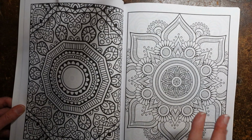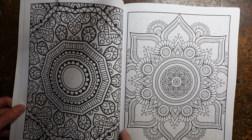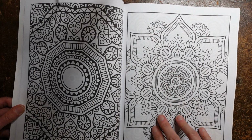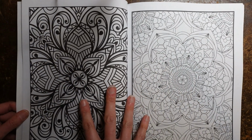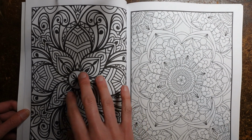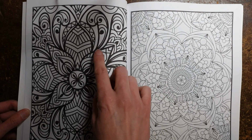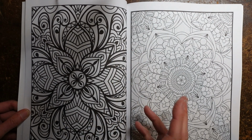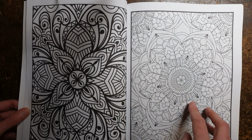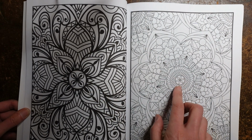So you could choose to pop a background in there, or just leave that white, or just do a frame and leave that white. There's lots of options on that page. Nice. Now again we have a darker one on this side, but it's more of a floral design, which is quite attractive to me. It looks a bit like one of the succulents in Johanna Basford's World of Flowers. I don't know. Anyway, and this one is again a bit more geometric, got a sort of slightly floral centre,